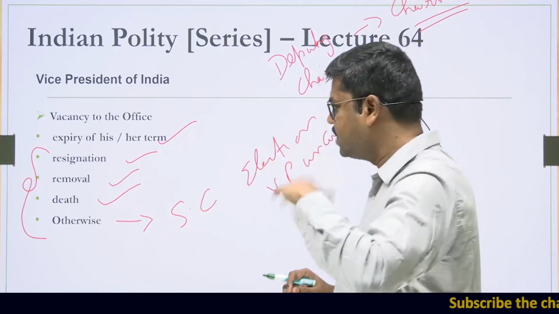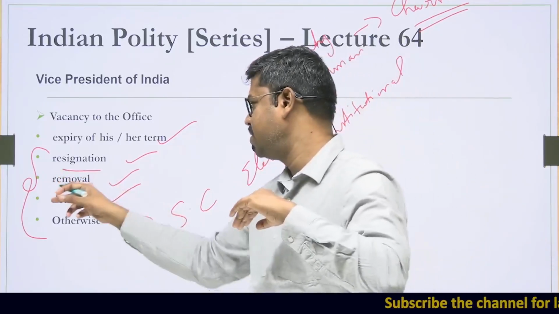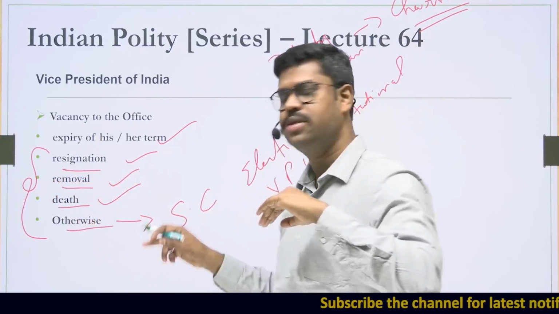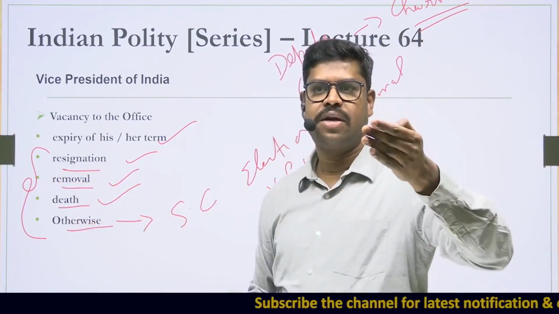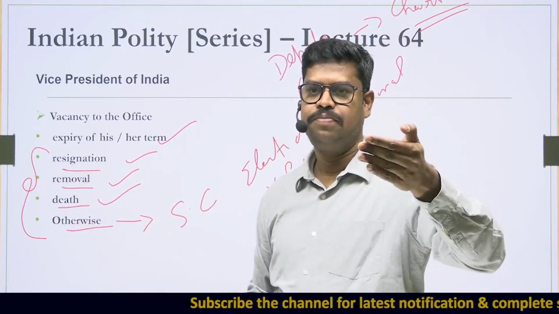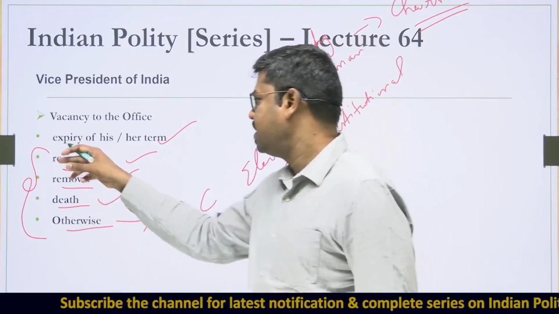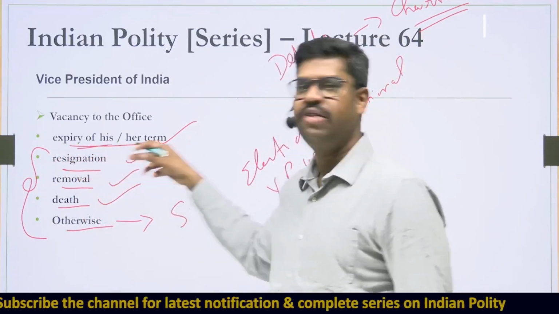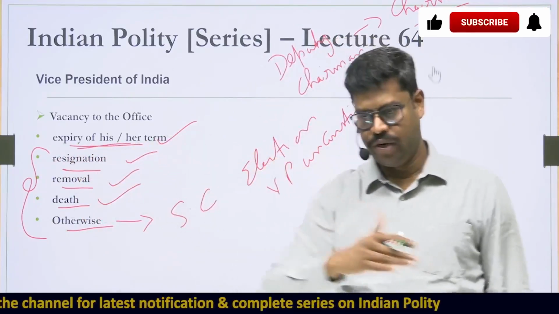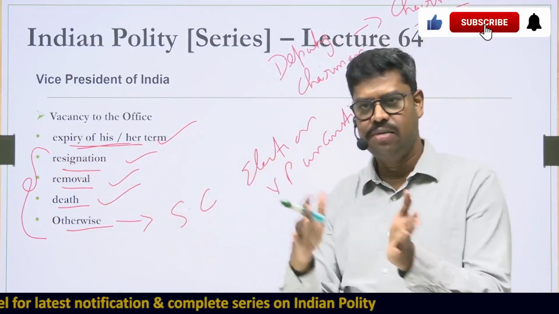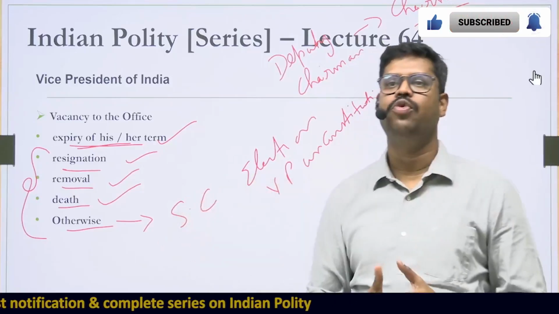So when the vacancy arises because of resignation, death, removal or otherwise, who will act as chairman of Rajya Sabha? The deputy chairman. But still the office of vice president is vacant. And if the vacancy arises because of the expiry of term, that means when the incumbent vice president's term is going to come to an end, his tenure is going to come to an end,